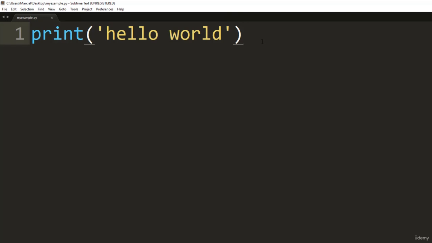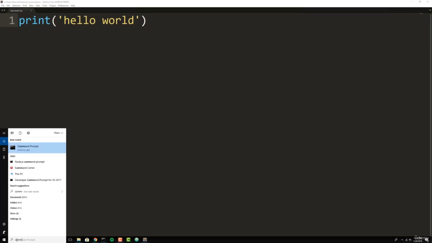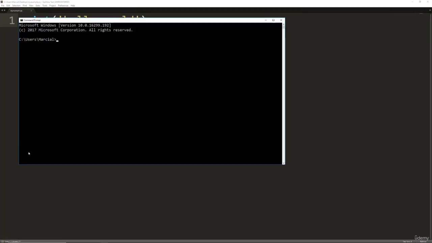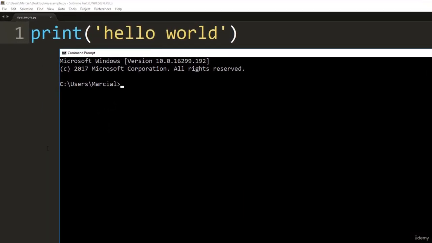Remember that we've saved it to our desktop, meaning at our command line, we need to change directories to our desktop so we can run this actual .py file. Go ahead and open up your command line. Since I'm on Windows, I will open up a command prompt. If you're on macOS or Linux, you'll open up a terminal. Then you'll want to change directory to your actual desktop or wherever you saved this .py file. So type cd and then desktop to change directory to your